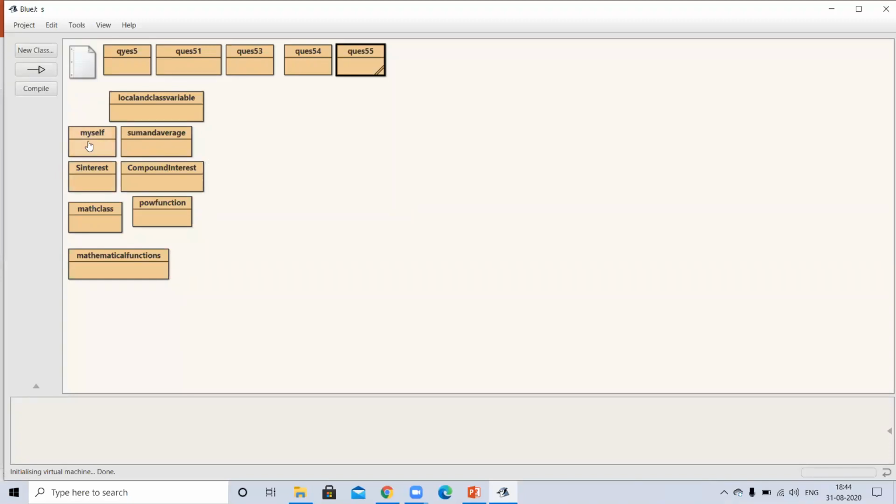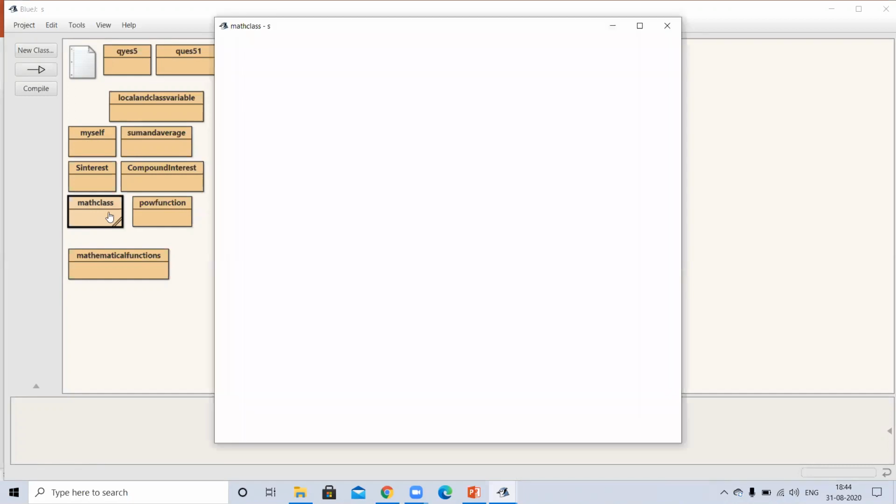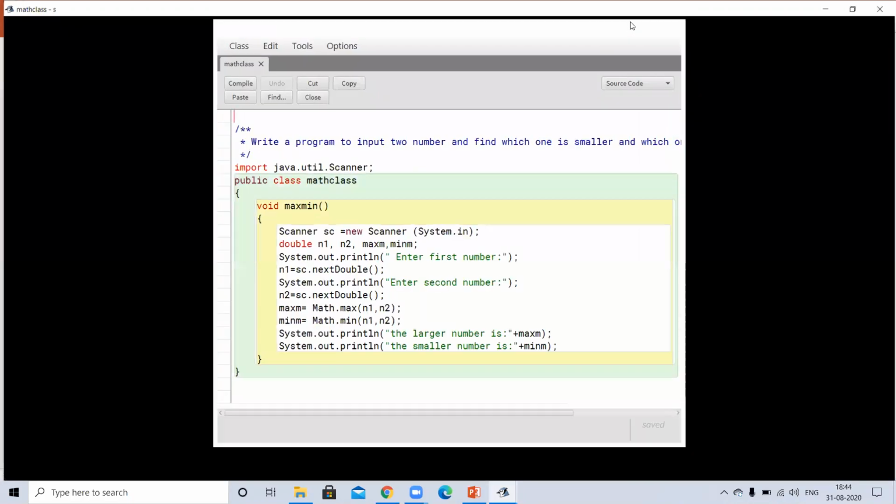So now today, first of all, we will discuss the programs related to our math function, math class. In math class, first of all, we will see the program based on max function and min function. So what is the program?